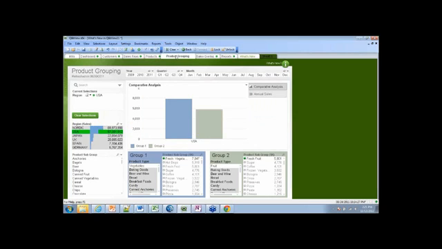So this is using the example of a particular industry, but you can use this feature of QlikView 11 in different settings. So if you're, for instance, in the